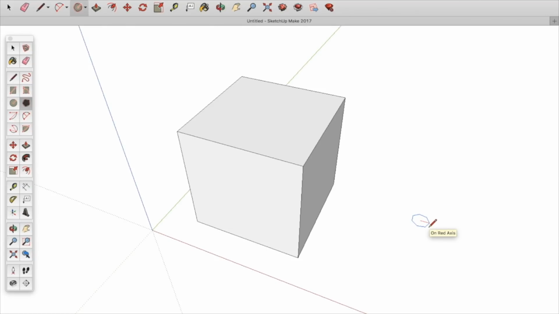So that is a basic rundown of some of the tools. There was actually, while I think of it, just one more that I wanted to show you, which is the scale tool, which is that one there, or S on your keyboard, and that you can use to change the size of things. You can scale them up, scale them down, invert them, do all those kind of things with it. So first of all, you select